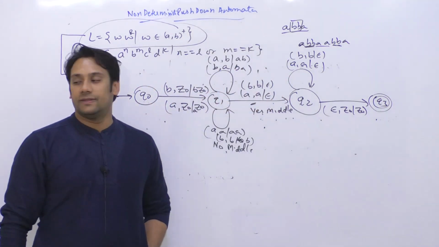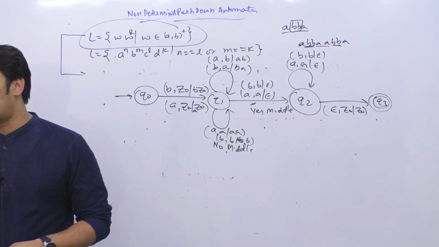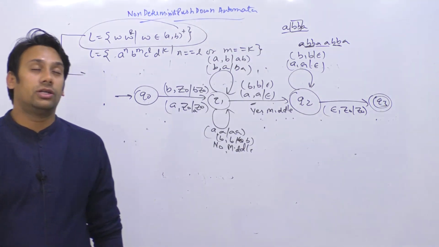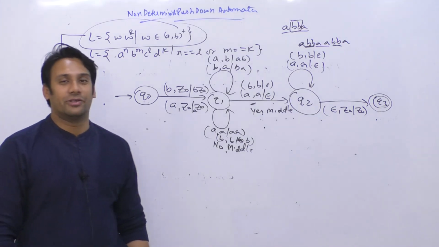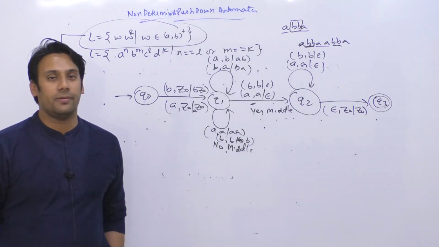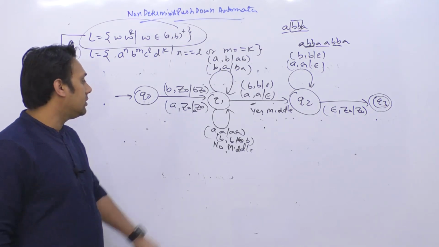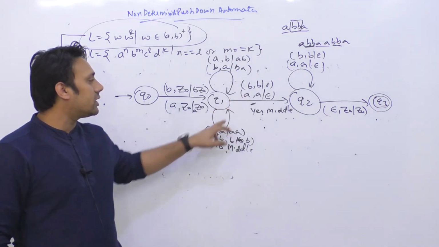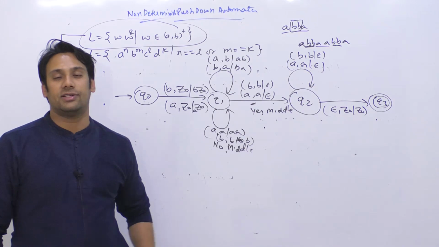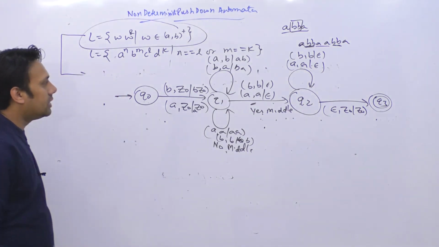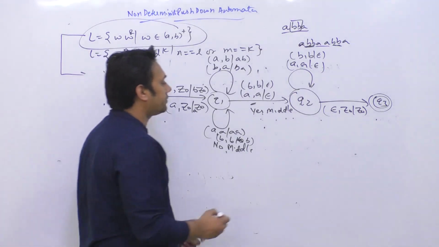Now in this case, this is your non-deterministic finite automata, or you can say NDFA. So non-deterministic pushdown automata, not finite automata. This is non-deterministic pushdown automata. So in this non-deterministic pushdown automata, again, because for the same symbol she is taking two different transitions, that is why it is an NPDA. Okay. Let me take an example.